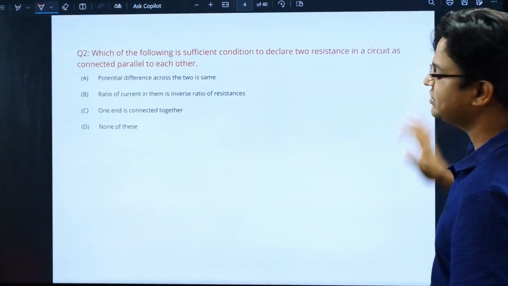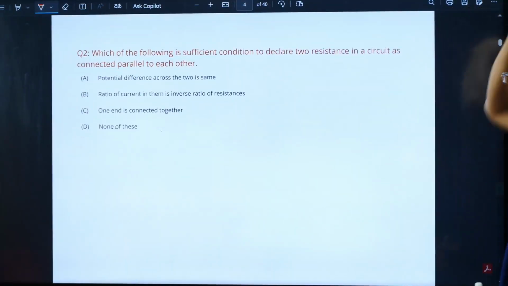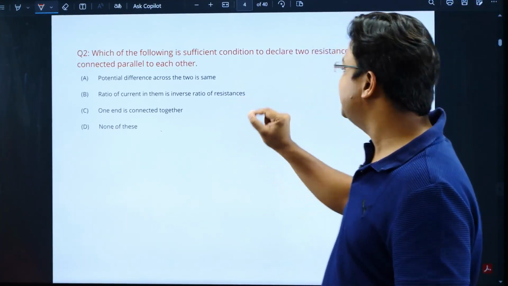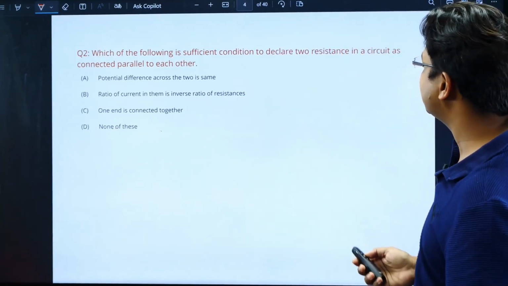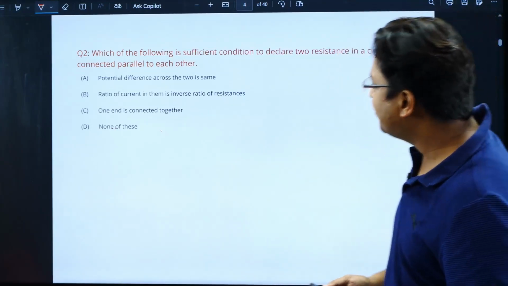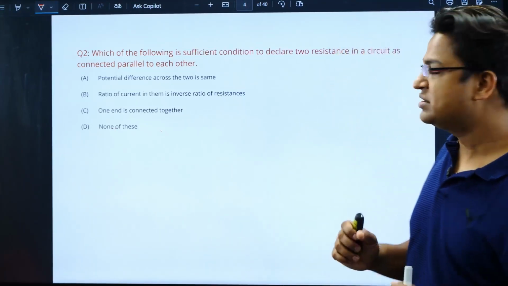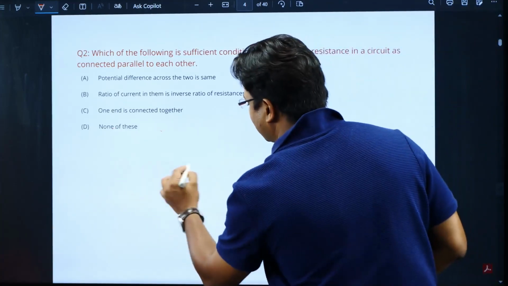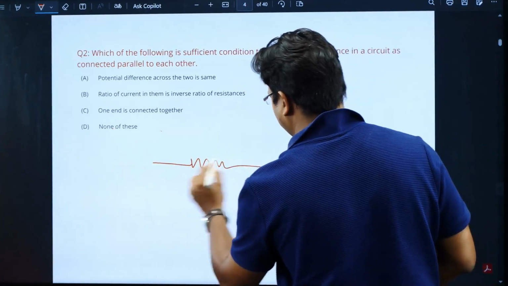Now we'll have a look at the second question. Which of the following is a sufficient condition to declare two resistances in a circuit as connected parallel to each other? The potential difference across the two is same. So guys, this is a theoretical question. To answer this question you should be aware of a theoretical point, that if there is a resistance R1 and if there is a resistance R2,